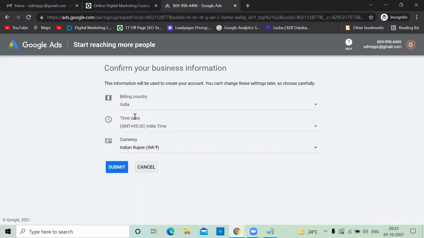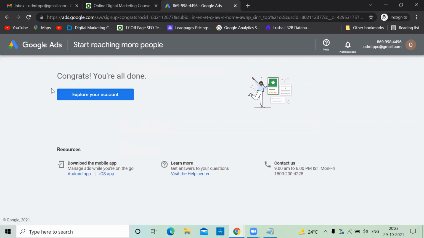This is one time only. Once you click on submit, you can't change it. If you're targeting India, Indian rupees, fine. But if suddenly after you click on submit you say, no, I want to be charged in US dollars, you can't do it. So be careful and check it, then click. You can't change these settings later, so choose carefully. Submit. You'll get a message like, congrats, you're all done. Then click on explore your account.